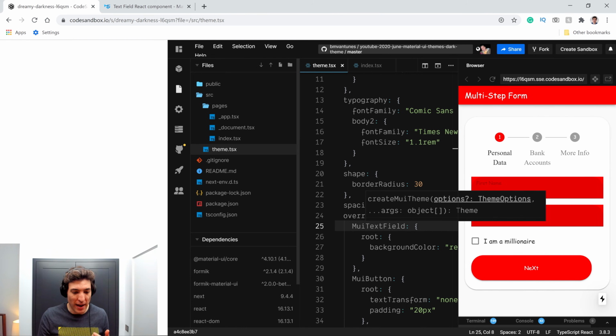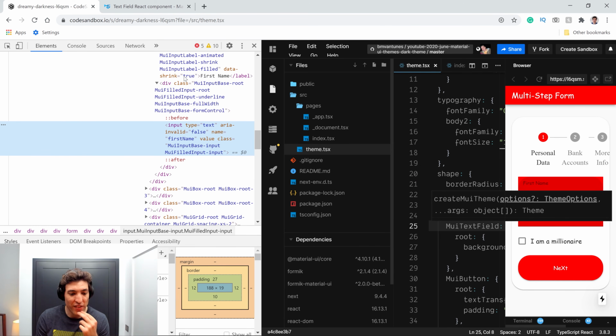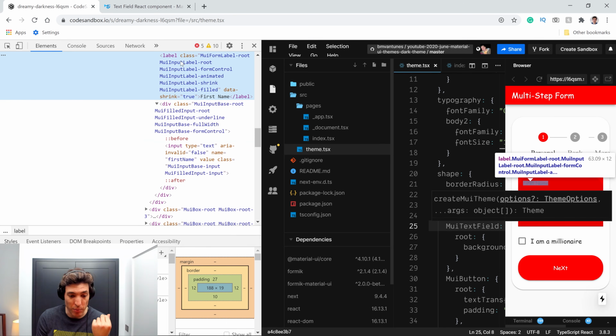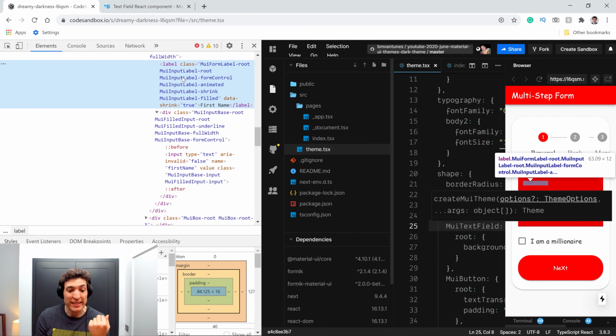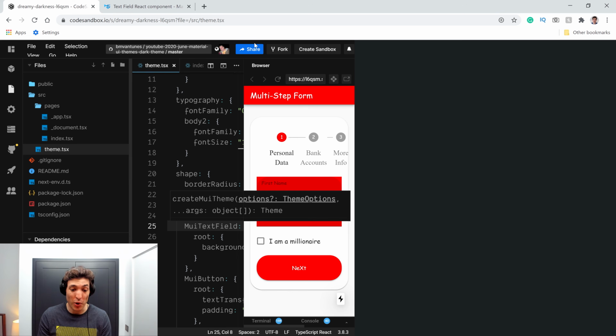So if you open now the developer tools over here, and my computer is really slow. If you open the developer tools over there, you can see that over there you will have what's called the input label. And this input label is in reality what you want to override. As a small tip, usually you have this MuiInputLabel and then you have root. The component is on the left side, the class is on the right side of the dash, right? So let's copy this for the component name.